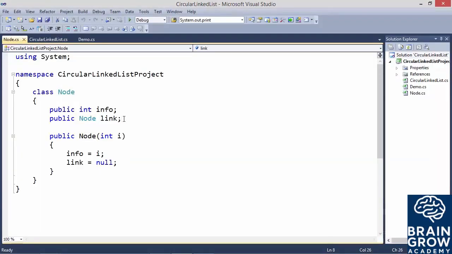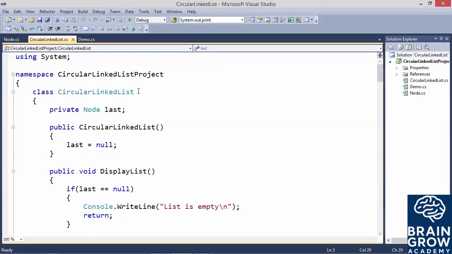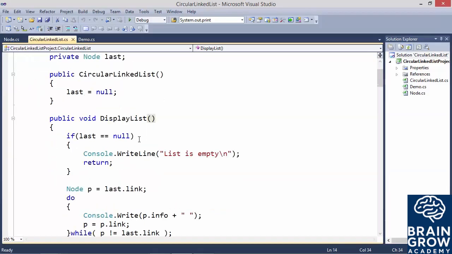We've implemented a single linked list as circular list, so there is only one link part in the node class. This is the circular linked list class. This reference last will always refer to the last node of the list. In this constructor, we have initialized it to null. Now this is the display list method that will display our list. If the list is empty,